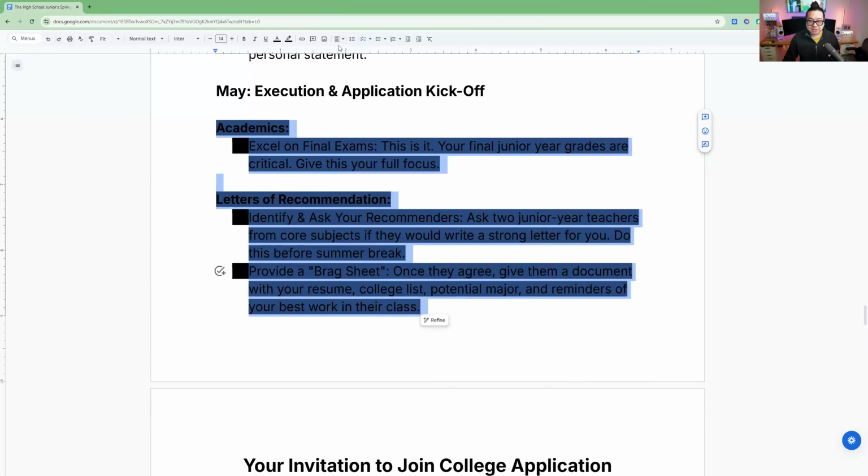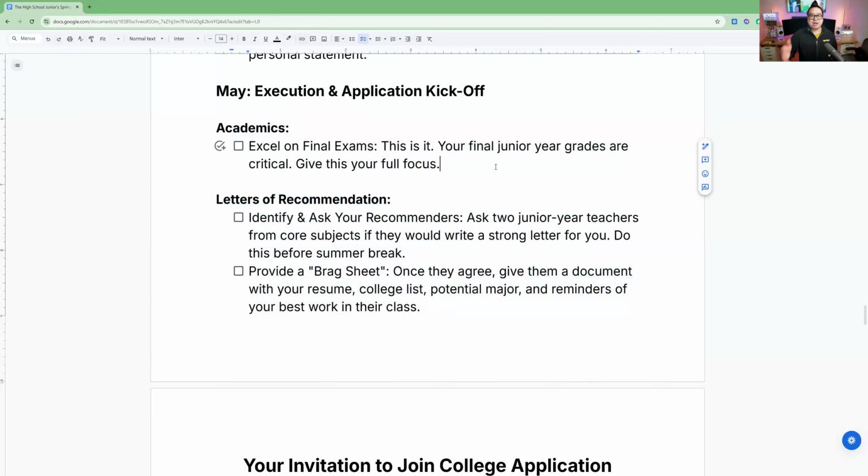In the month of May, there's a few things you should be doing as well. When it comes to academics, final exams. Make sure you do well in final exams. This is the same time for APs, AP, IB, and final exams as well. Your AP exams are this month, your IB exams this month as well, and your finals. Make sure you do really well because this is the last set of grades that they'll see. Spoiler: they will also see summer grades if you do take summer classes, which I do recommend. But at least for the AP and IB, this is your last set of scores that they'll see.